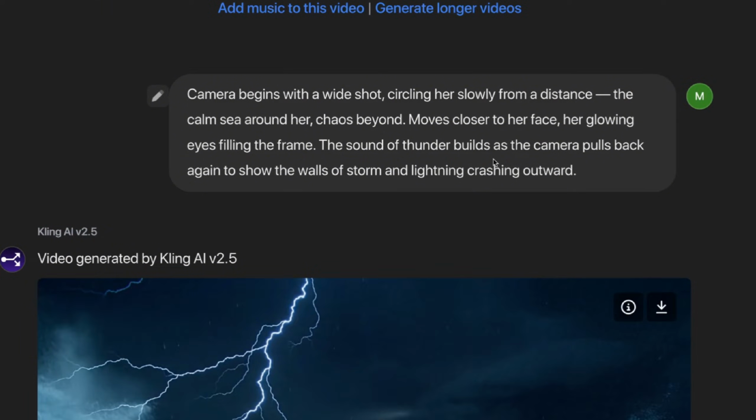The sound of thunder builds as the camera pulls back again to show the walls of storm and lightning crashing